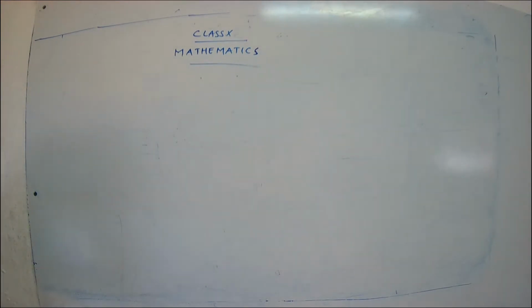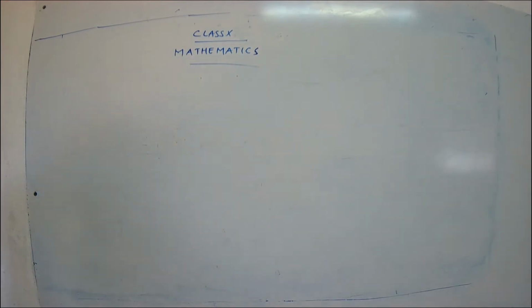Today we are going to continue with our exercise 3.11. In exercise 3.11, we have seen the completing the square method, that is, how to solve the equation using the completing the square method. And also we have seen a method called the formula method. So we have seen two methods and we just started with the formula method. We have completed the first subpart, and I have given you the second and the third subpart as homework. So we are going to continue with sum number 4.